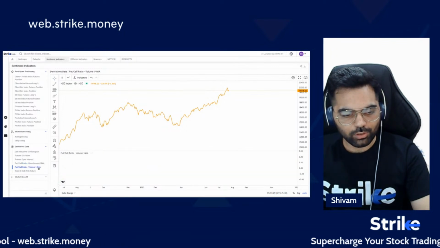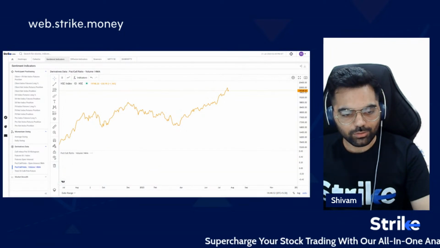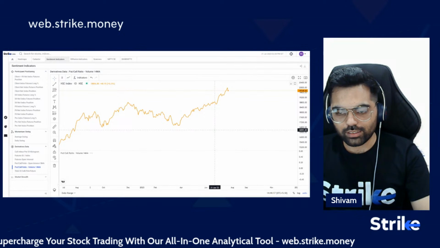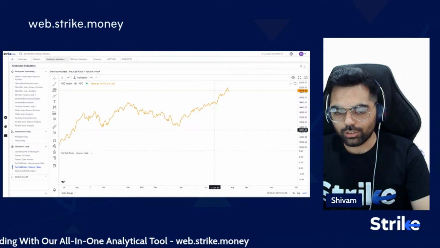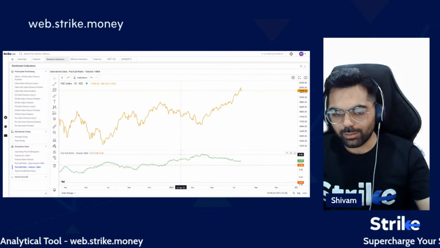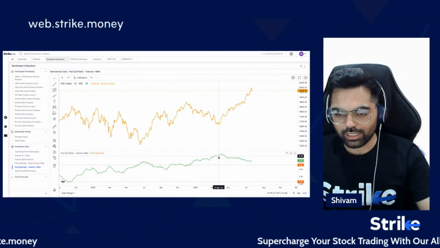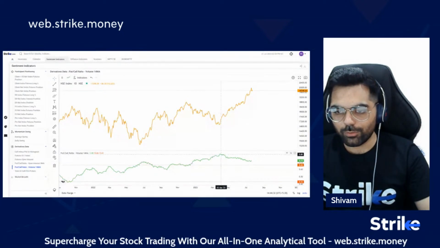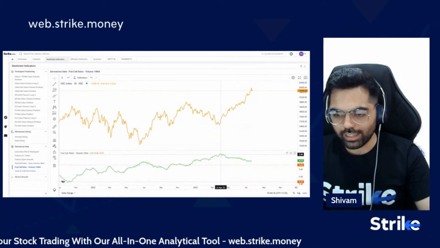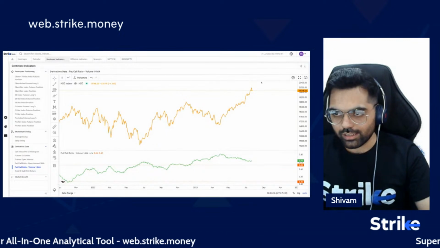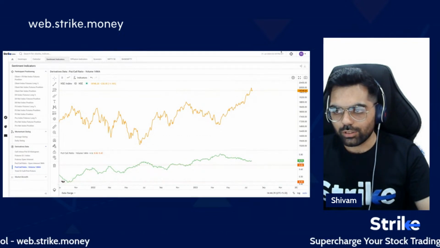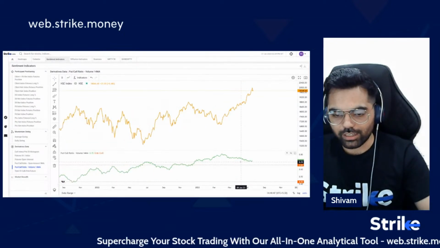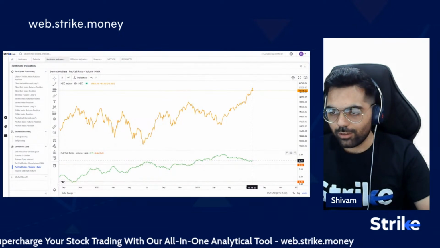Now, next is volume put call ratio, which is a more medium term indicator of the same. So it's not an indicator that we would look at for daily signals, but more of medium term signals. This indicator was extremely oversold here, and the volume put call ratio was extremely high. In other words, the number of puts getting traded versus the number of calls was really high, which indicates extreme bearish sentiment in the market. So yeah, it has cooled off from there, but it's still not where we would expect any significant fall in the markets.